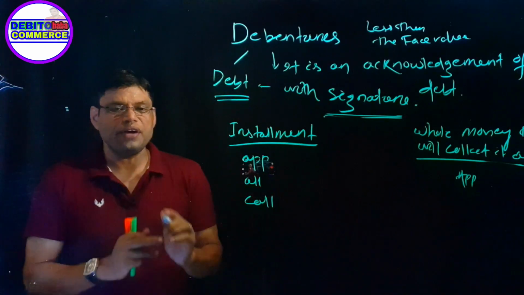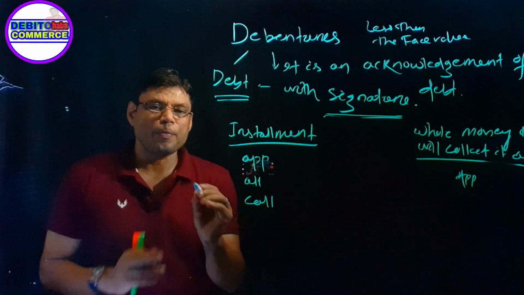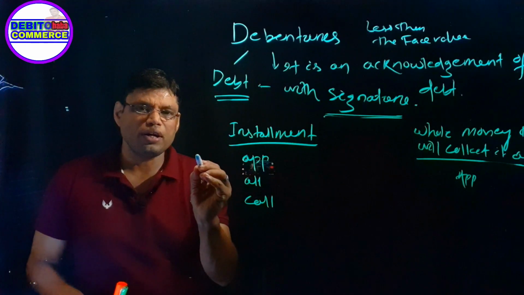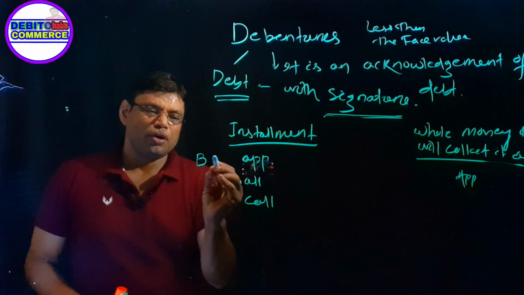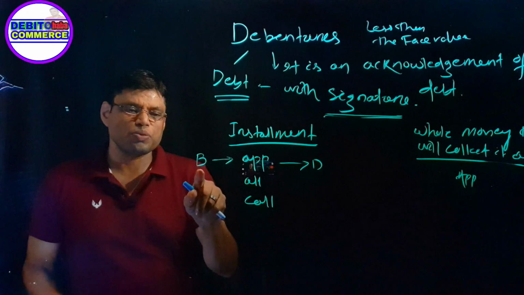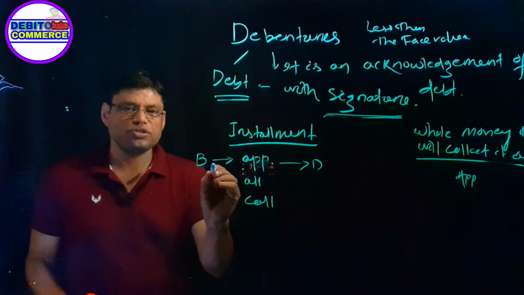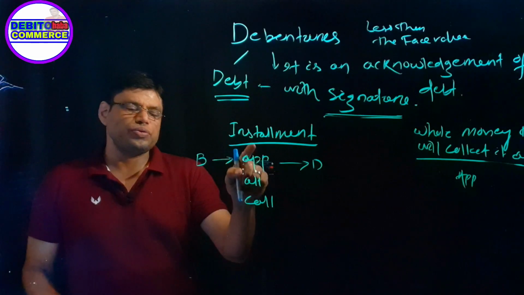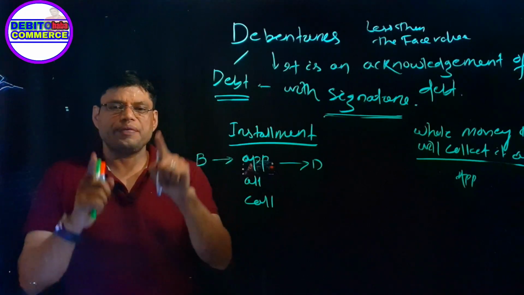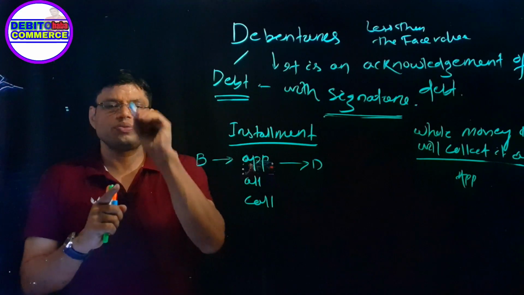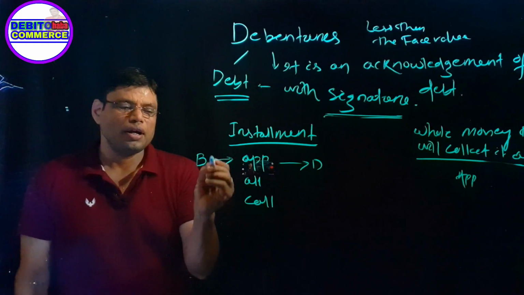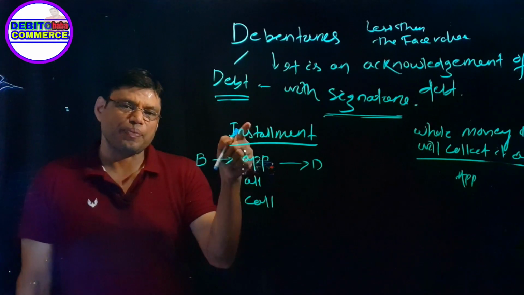So we have to learn how to make the journal entry. I told you in share capital also, and here also I am telling you, the journal entry is very easy. If the company is taking money in installments, what will the journal entry be? First you start with bank, right? This is the first entry. Here, B stands for bank, D stands for debentures. The first entry will be bank account debited to dash percent debentures application account. You have to use the words dash percent debentures, where percent stands for the interest, which we'll discuss afterwards. But right now, remember the journal entry: bank account debited to dash percent debentures application account.